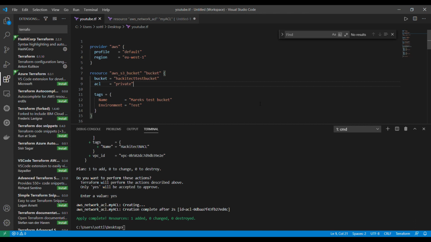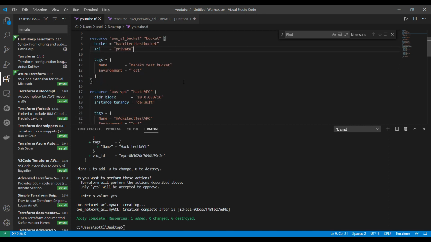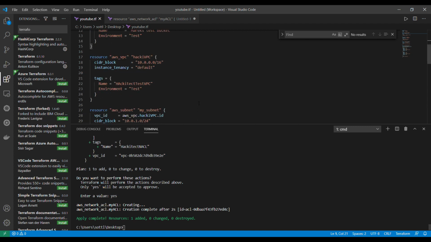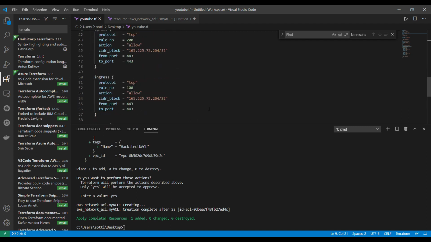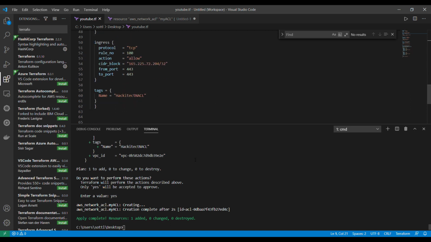Here we are back in my Visual Studio Code, and I want to destroy everything that I've built with Terraform. It's very simple because we know all those changes, all the states of infrastructure, and I can destroy it with a simple command, which is absolutely amazing.